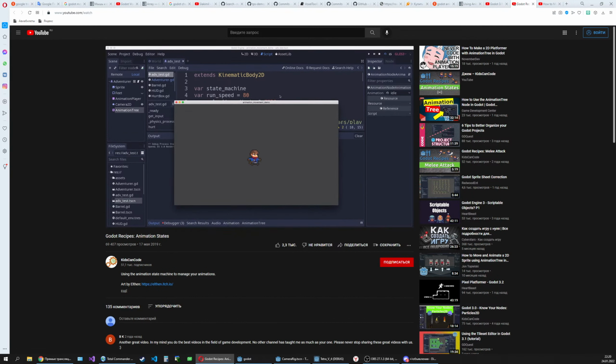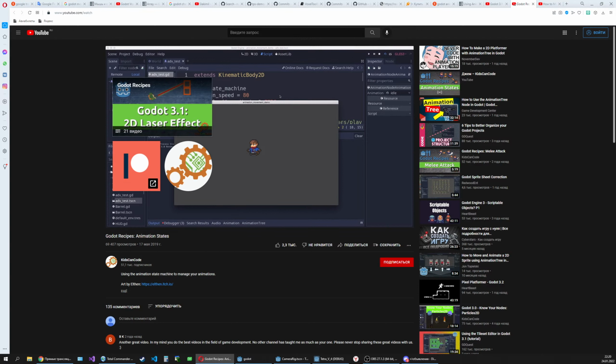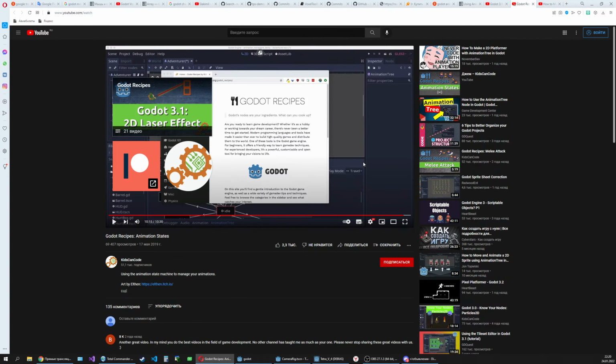So here I am running around. I'm in run when I'm moving, I'm in idle when I'm not. If I press attack, attack happens. If I press big attack, I get the double attack. And if I attack while I'm moving, I can still do that. This tutorial